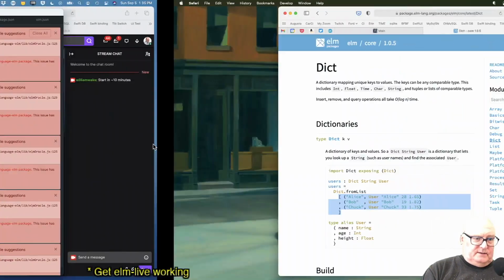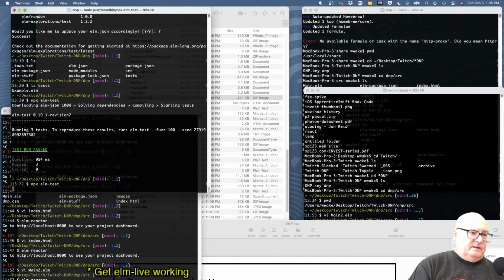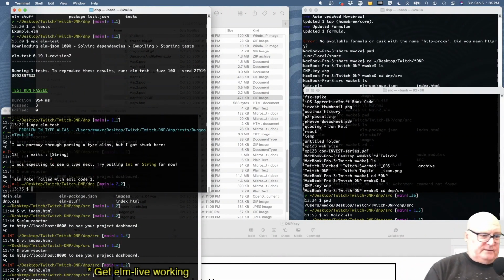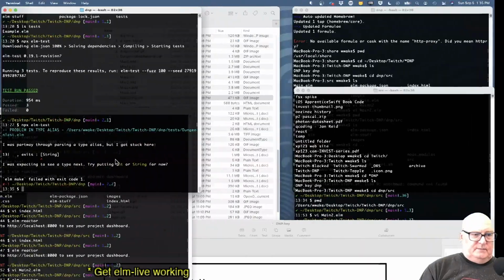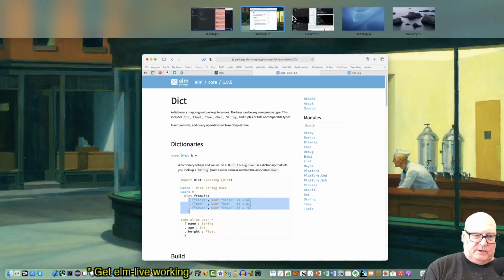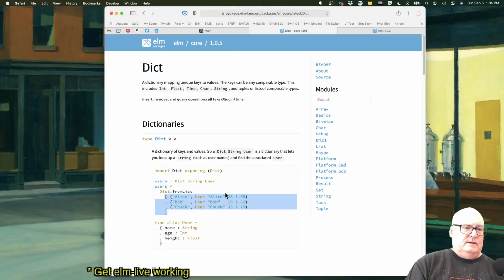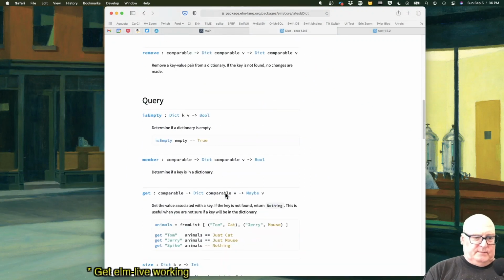All right, so let's go to where we ran this. Let's do the same thing. Now we've still got our example there, so we'll have that. All right. I want elm type. Now I'm wishing my windows were in a different order, so I'm just going to swap that. Okay, so